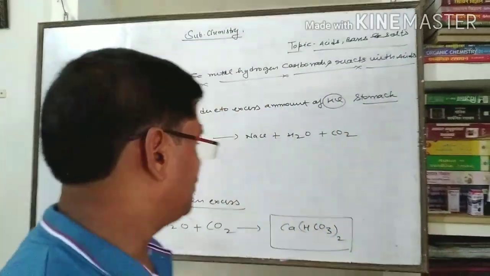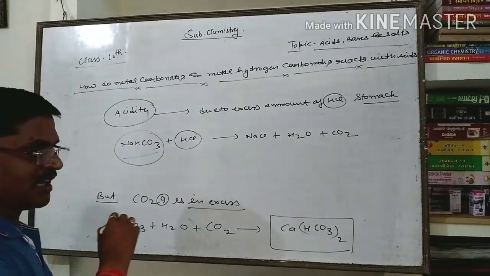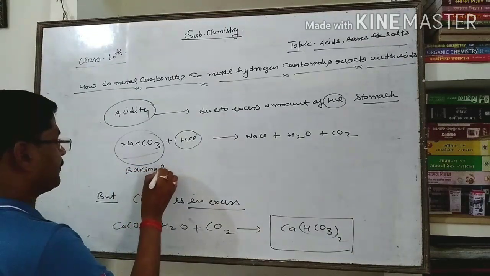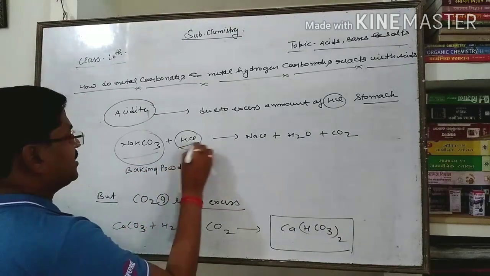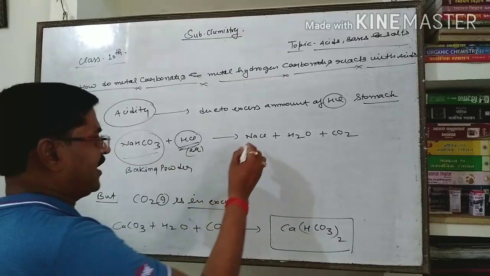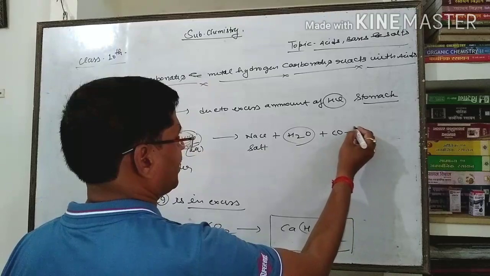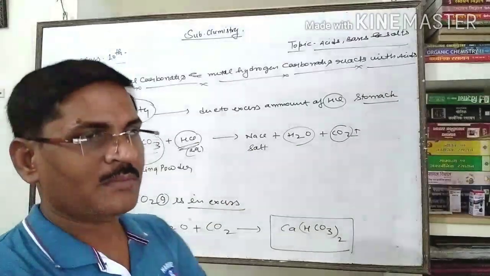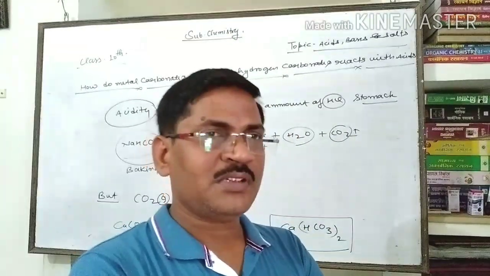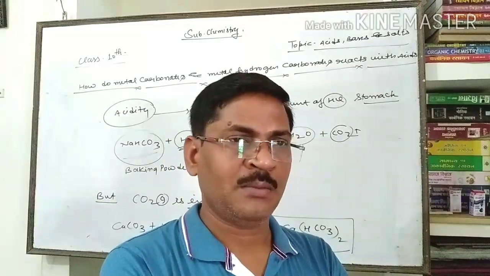So you have to check the reaction and remember this: sodium hydrogen carbonate, which is also known as baking powder, reacts with hydrochloric acid in aqueous form, which is present in the stomach, and gives salt, sodium chloride, along with water, and carbon dioxide gas is released. So in this way the problem of acidity is going to be solved. In this way, the reaction of the metal carbonates and metal hydrogen carbonates with acids is completed now.